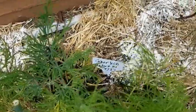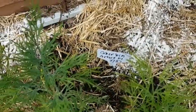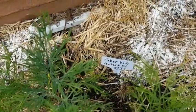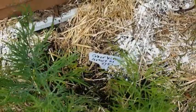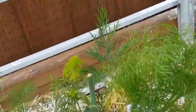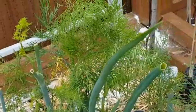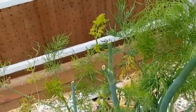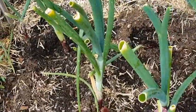Back there behind my dill, I replanted a couple of those Gherkin Artist cucumbers, because I'm not seeing hide nor hair of the first ones I planted. So I have been chopping off some of this dill as we go. It's not yet going to flower, but it looks like it's ready to have a little bit more chopped off of it. And again, my onions here that I